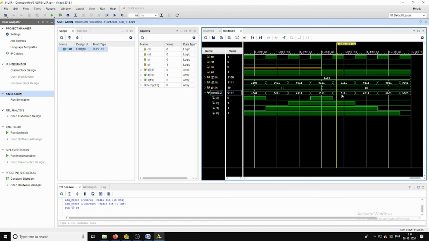The MSB bit is occupied by 0 and it is shifted towards the right-hand side. These 3 bits are transferred to the next locations, and every time the MSB bit is occupied by 0, and the previous 0 is transferred to the next bit. So initially it is 0111, next 0011, next 0001, and in the next case 4 zeros.